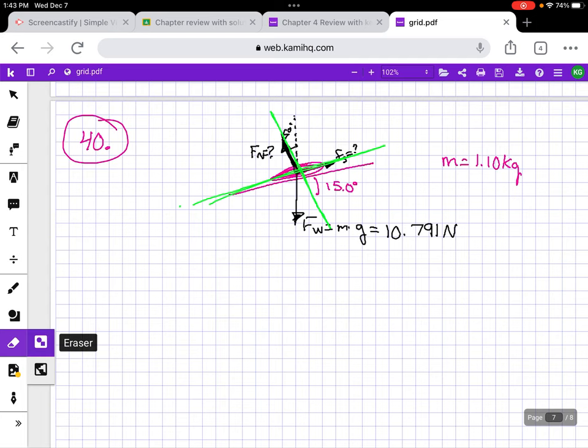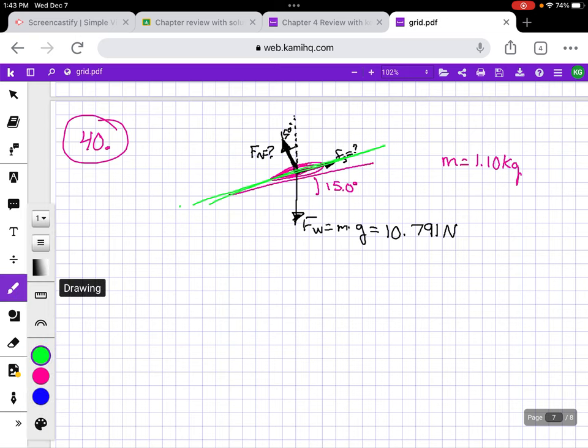Shoot. Should we undo? All right, and then